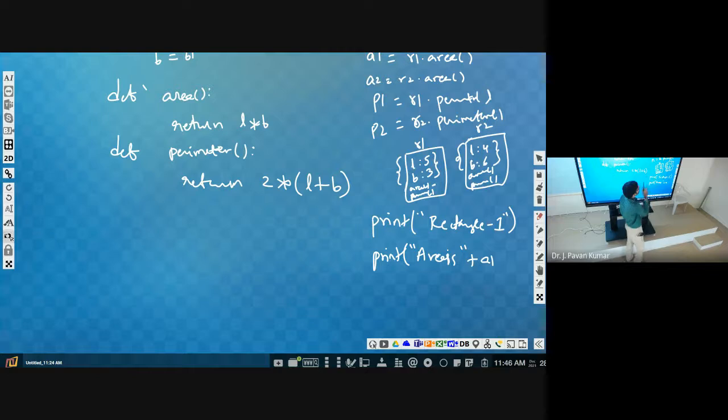A1 is what kind of variable? Normal integer variable. So we are printing that. So what we have to do? We have to use A1. Okay. Similarly, you can put perimeter, print. Similarly, you write it for second rectangle.